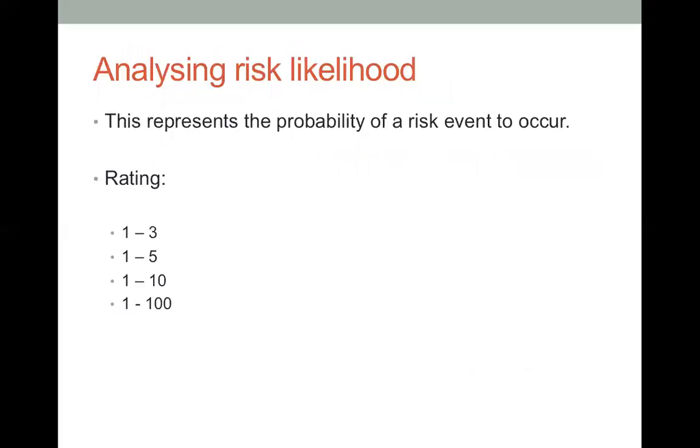Now, analyzing likelihood. This represents the probability of a risk event occurring, right? How likely it is to happen. We normally write them on a scale of 1 to 3, 1 to 5, 1 to 10, or 1 to 100. So if the likelihood is very little, very unlikely, we may want to say it's 1. And if the likelihood is quite high, we may say it is 5, for instance, if we use a 5 rating scale